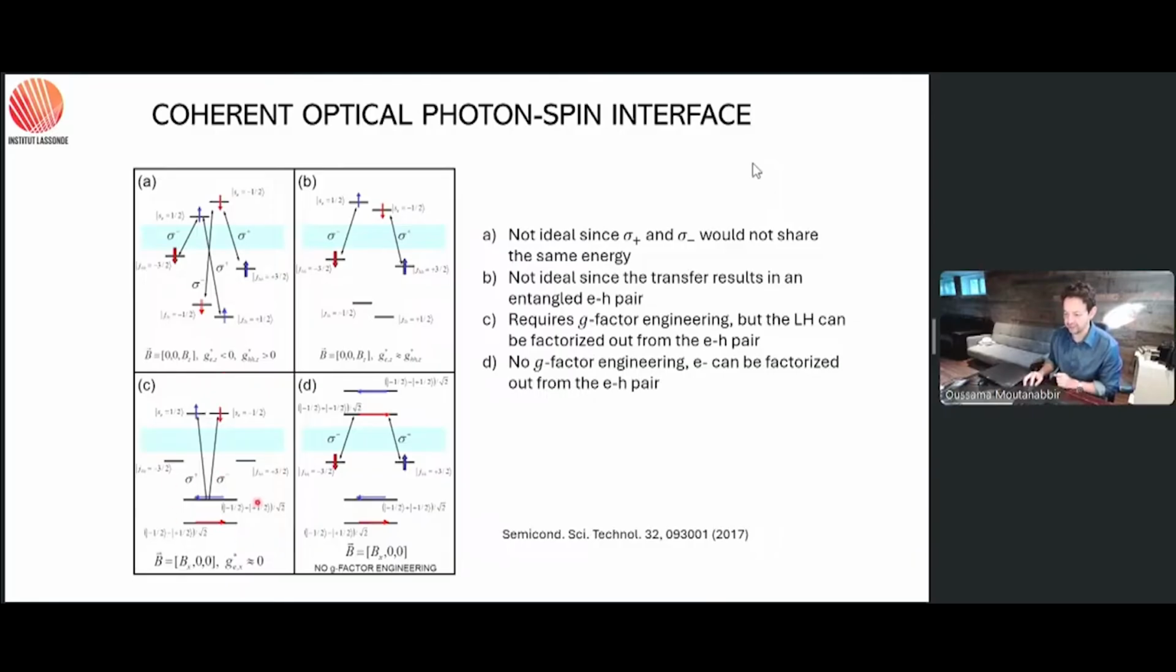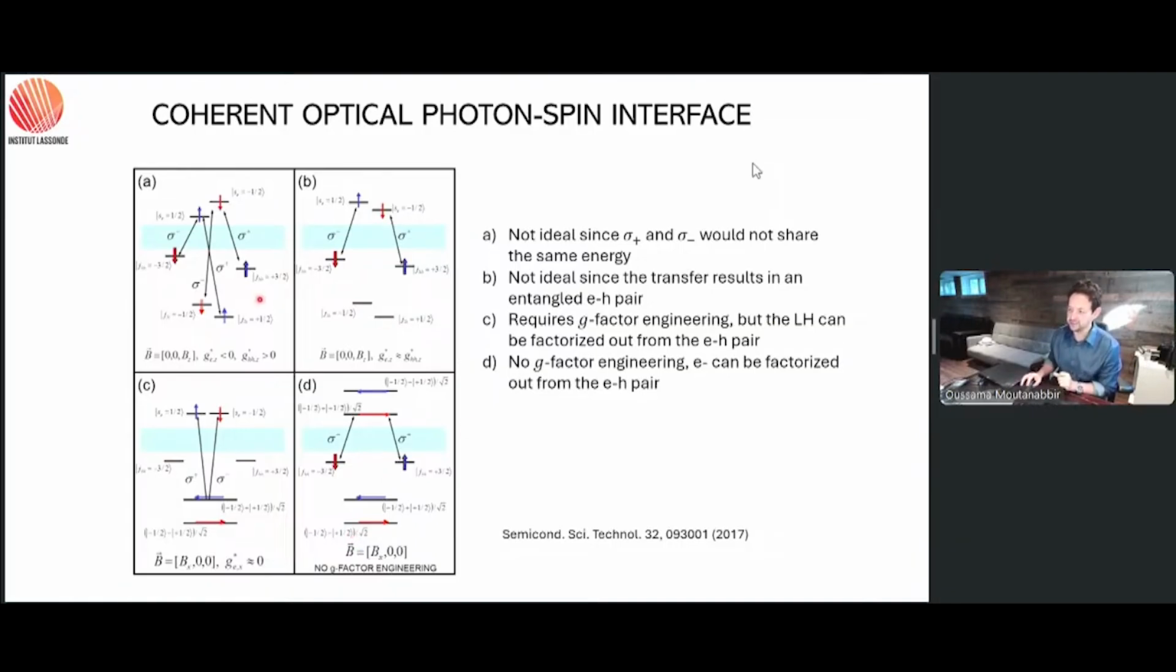But you have to have a light hole ground state. So this heterostructure requires g factor engineering. Basically, the Zeeman splitting in the conduction band should be smaller than the width of the light hole that we are using. In the scheme on the right, you can work with a heavy hole ground state. You don't need to engineer the g factor, and the superposition is transmitted directly to the heavy hole